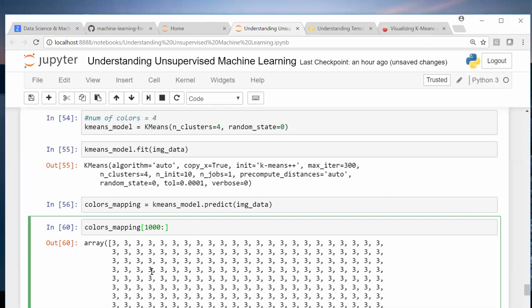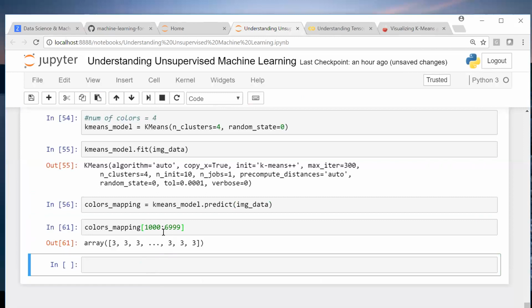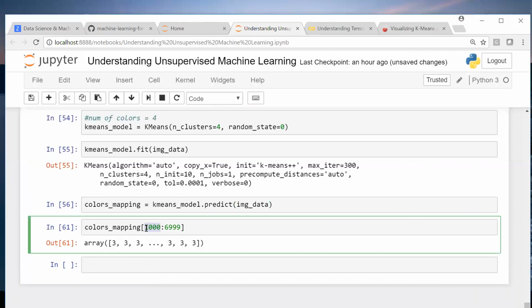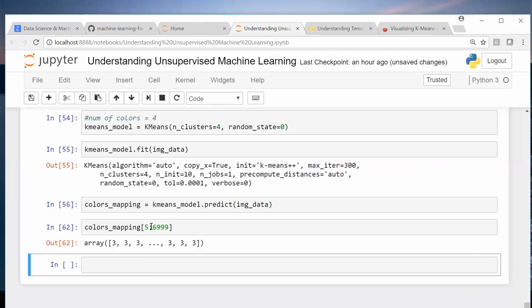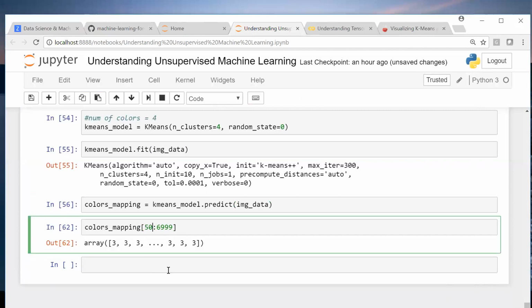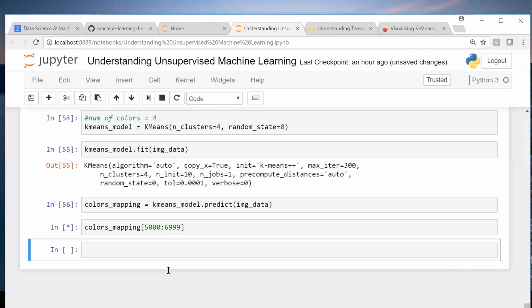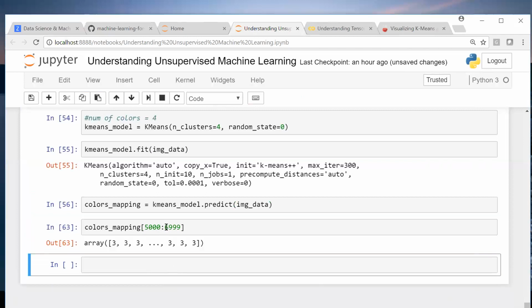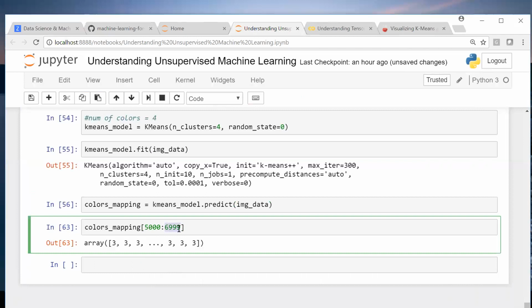So that means one color is dominating. You can find out the count of each value using unique values.